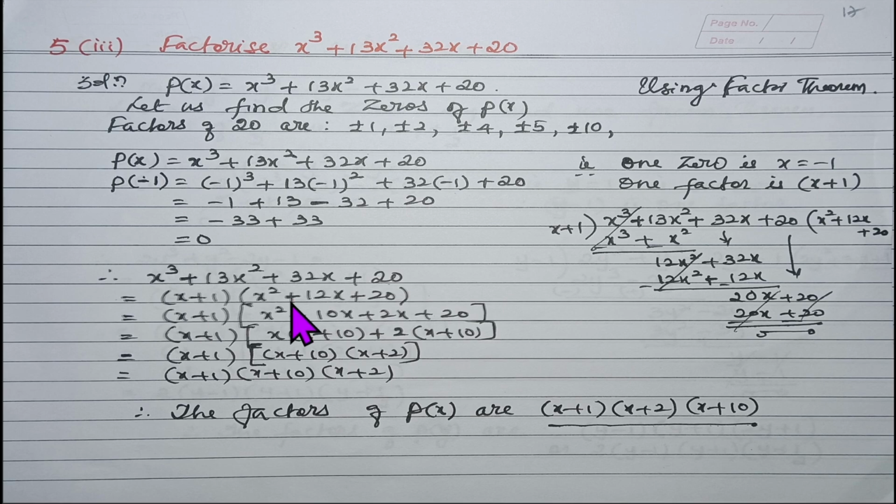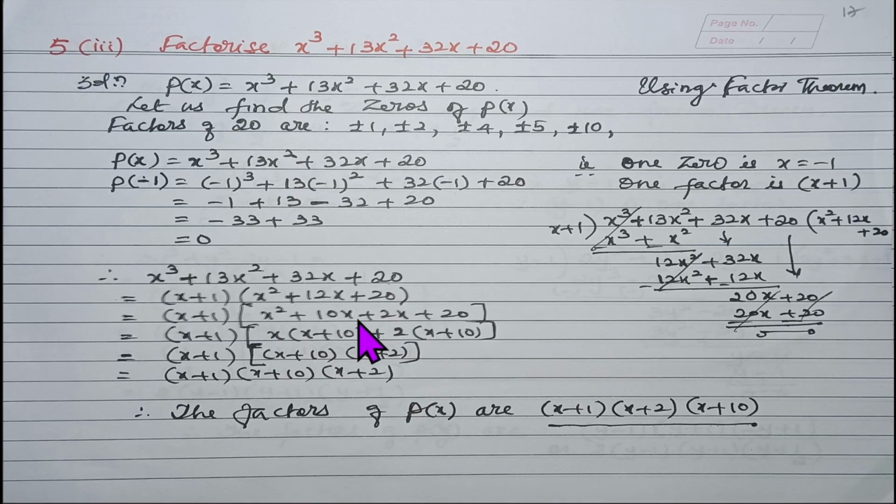So dividend is equal to divisor into quotient, that is x plus 1 in the bracket x square plus 12x plus 20. Now it is a trinomial. I can go for the middle term splitting method. By middle term splitting method, I get x square plus 10x plus 2x plus 20. It is correct splitting, because plus 10 plus 2 becomes plus 12, plus 10 into plus 2 becomes plus 20,